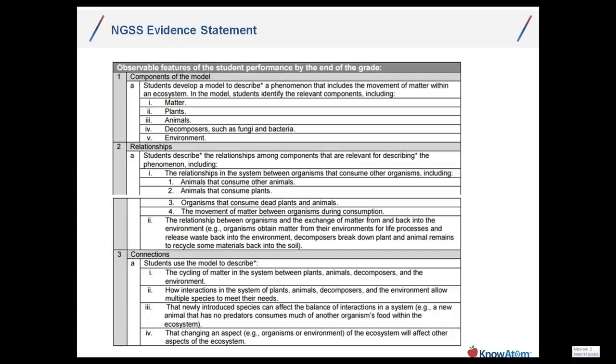Completely the opposite of what many people are used to, especially in ELA, where people are always talking about I do, we do, you do. It doesn't work that way in science and engineering. It doesn't work that way with the new standards, because students can be developing and using their knowledge and discovering why things are important even before they realize